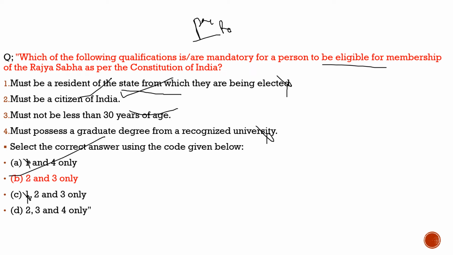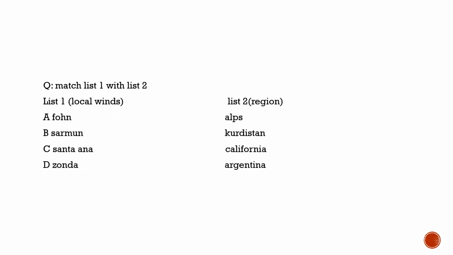With this, we have completed our discussion with respect to today's static topic. Now let's move to the last part of our discussion, where we will solve a previous year question. As you know, we are discussing questions from world geography. We had discussed questions with respect to ancient India, medieval, modern, India's freedom struggle, and physical geography, which were asked till now.